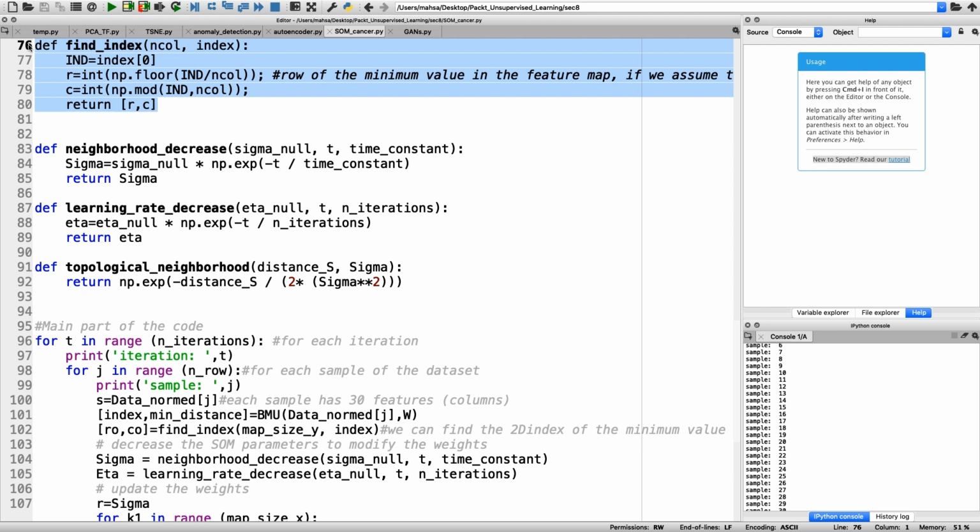In this part, we have implemented a function called findIndex in order to find the 2D index of a vectorized matrix. We get the number of the columns and the vector index as the inputs, and the output gives us the row and the column of the 2D representation. If you write it down on the paper and try out to find the rows and the columns, you can easily figure out the two relationships that we have written here